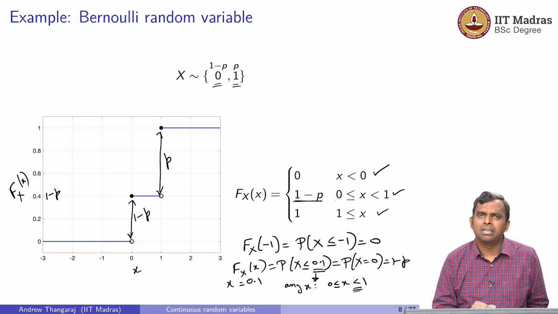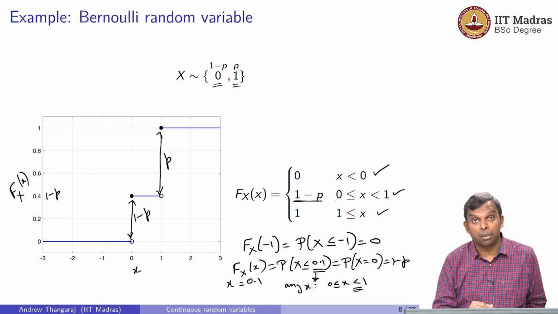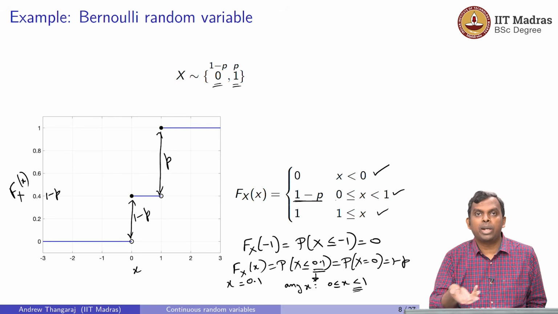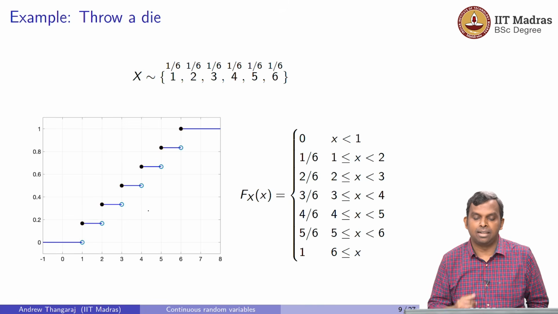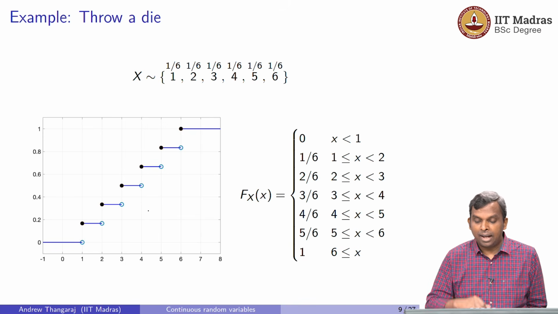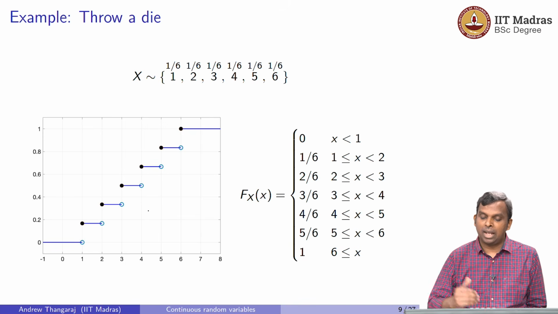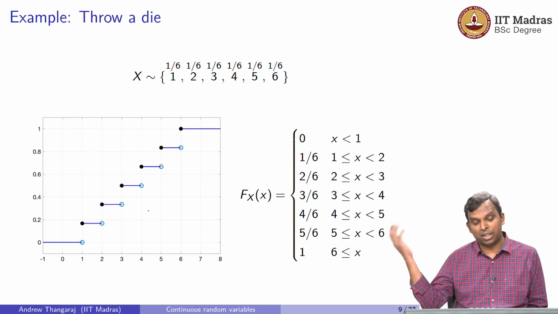This does not happen just for the Bernoulli random variable. I showed you in detail for the Bernoulli random variable how this plot comes, and you can quickly generalize this to other random variables. So let's take throwing a die as the next random variable. Now x is uniform between 1 to 6: 1, 2, 3, 4, 5, 6. And if you do a CDF for this, I have written down the whole formula here in gory detail. It's 0 for x less than 1. It is 1 for x greater than or equal to 6, right?